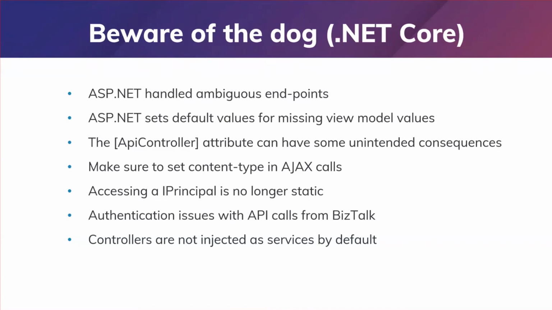And in the same way, in ASP.NET Framework, sorry, if you have a view model that you send to your client that is missing certain values, let's say you have a property for a Boolean value. If you don't send that as part of your JSON, the framework will still initialize your view model with that property set to the default value, right? But in .NET Core, that's not going to be the case. It will complain instead, and it will throw an exception.